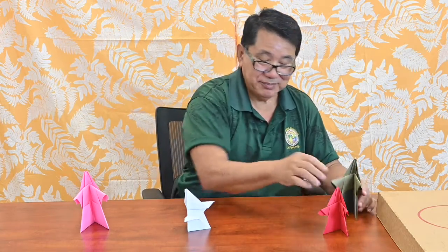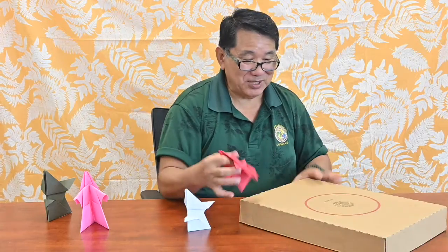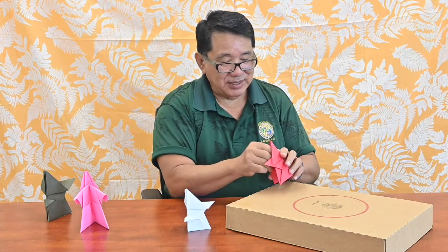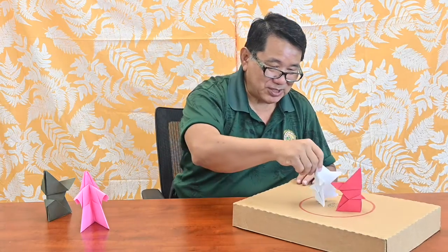Now what you get to do with this is after you make the sumo wrestler, you can actually play a sumo match. So I need a volunteer to come help me. If you get a soda box like this, you put a circle on it, I use a can and I make the outline, and then one person has this sumo wrestler, I have this sumo wrestler, and if I have someone who wants to challenge me,